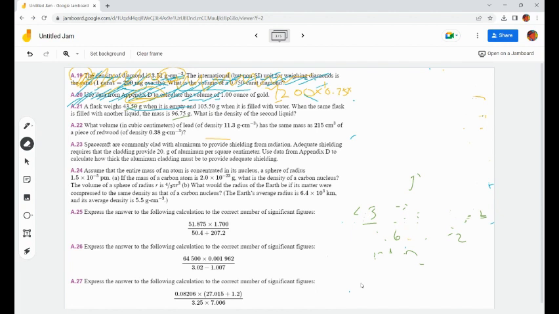Next question is, what volume of lead has the same mass as this? Okay. So over here they're saying volume equals 215 cm³, which we can, what are they looking for? Volume. So